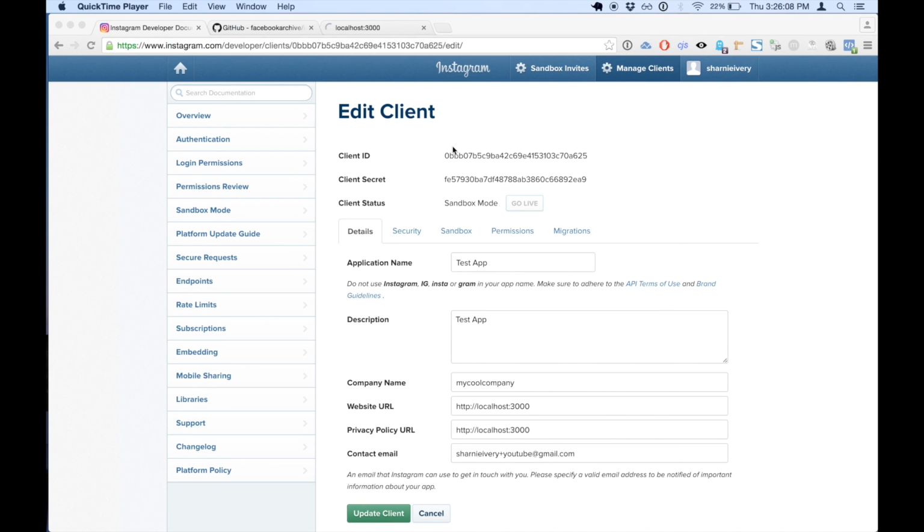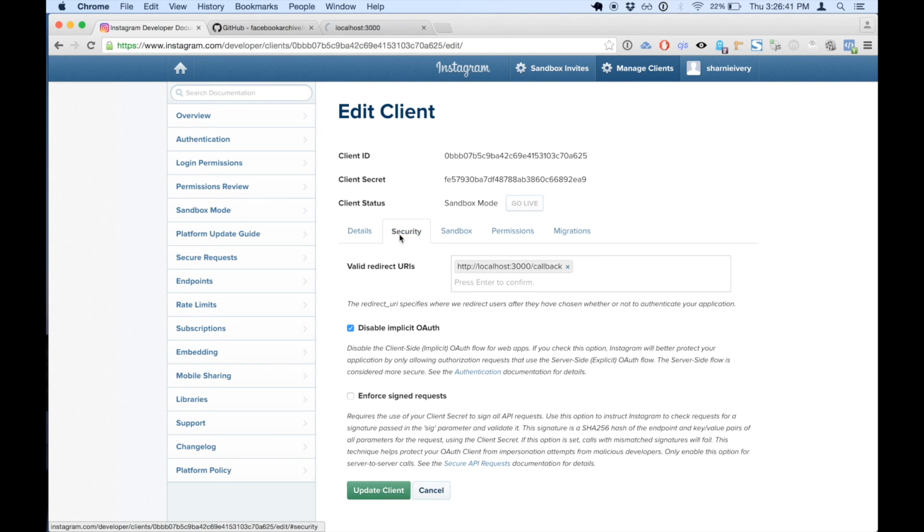But I wanted to specifically point out what I think most people would potentially have problems with, and that's the sandbox mode. The idea of sandbox mode can be a little bit confusing. So first of all, you need to fill out all these fields from what I'm reading in the documentation. Like I said, I haven't played around with this version of Instagram yet, or created any new applications. All my applications are pretty old, but you need to fill out all these fields and go through each tab